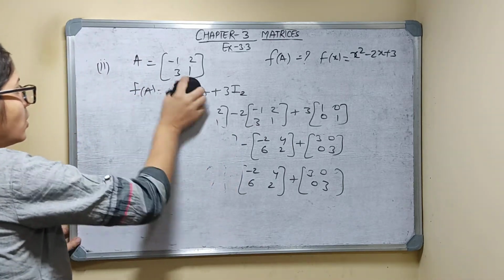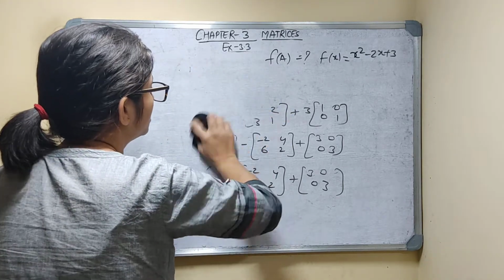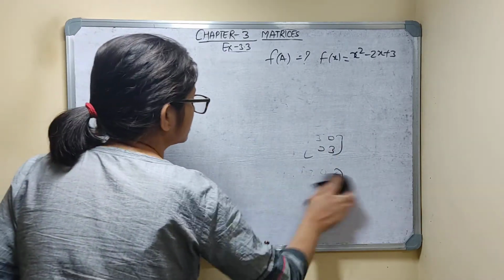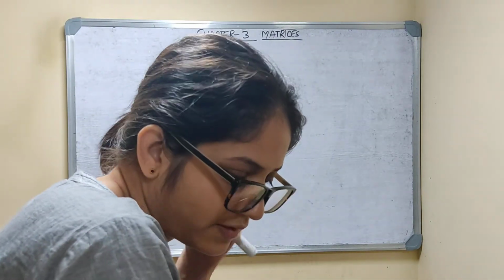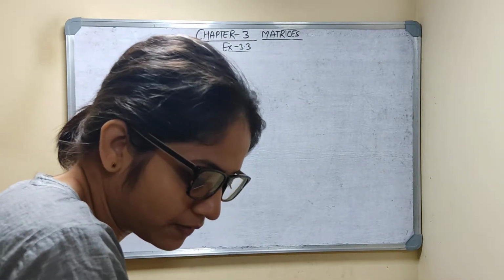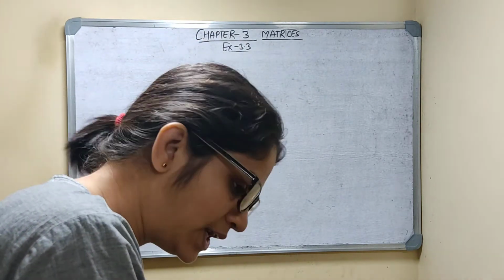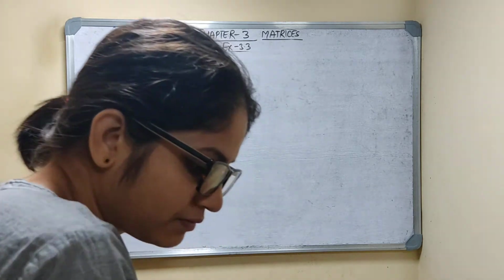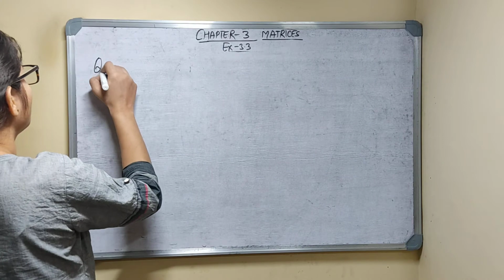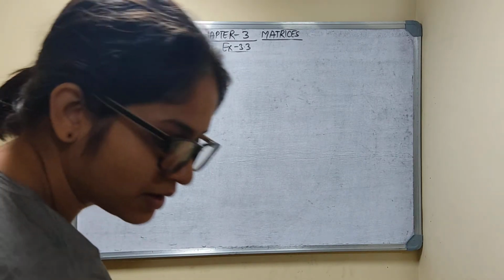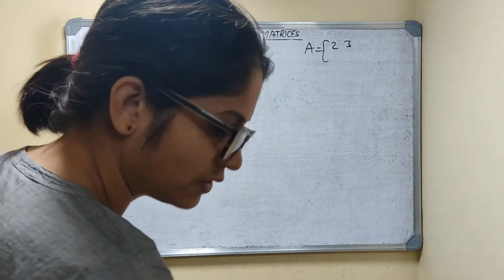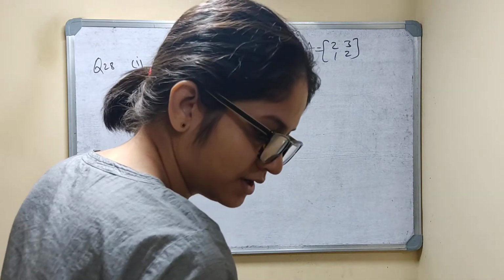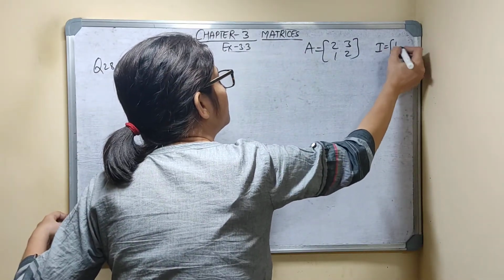This is easy, you can do it on your own if you want. A and I matrices are given. Find lambda and mu so that A square is equal to lambda A plus mu I. Prove this. If you want, I will solve the 28th, first and second part. Question number 28, first part. A is given as [[2, 3], [1, 2]] and I is equal to [[1, 0], [0, 1]].